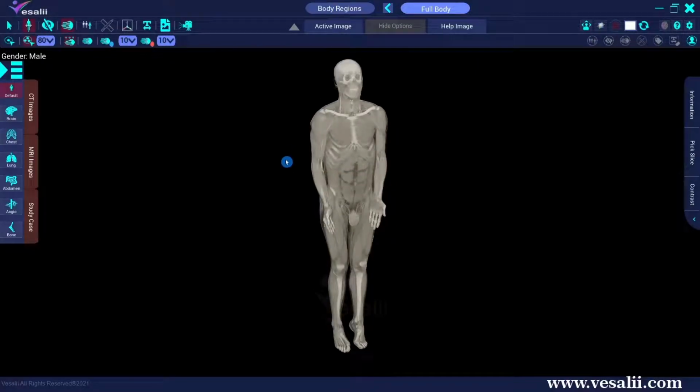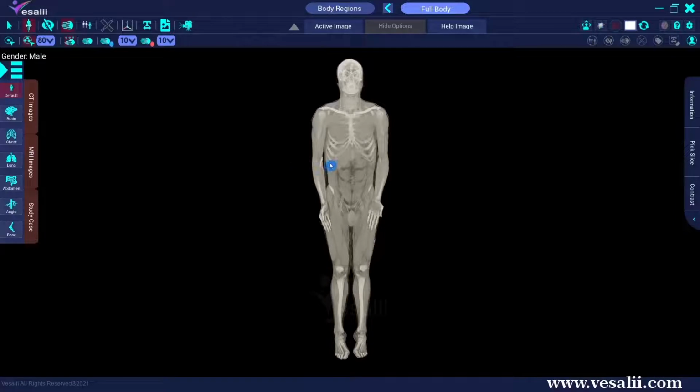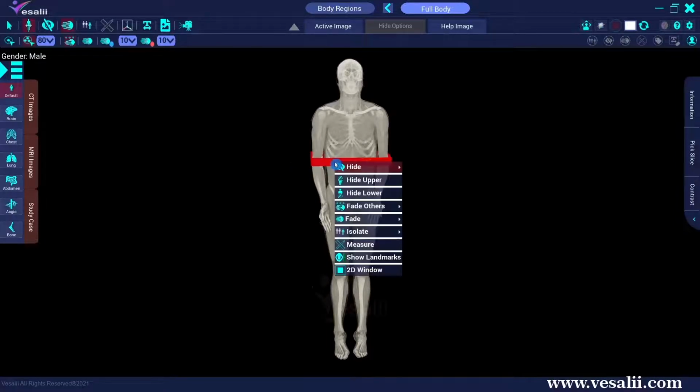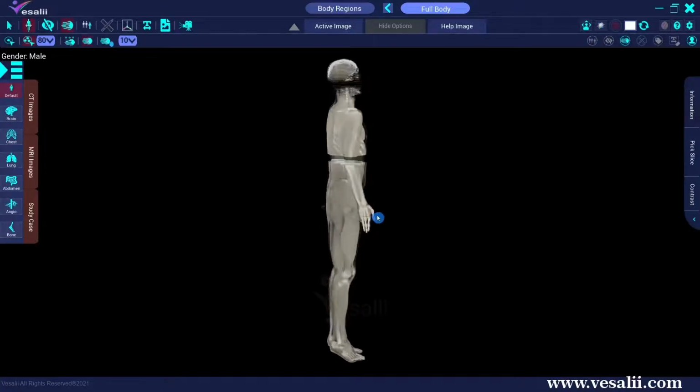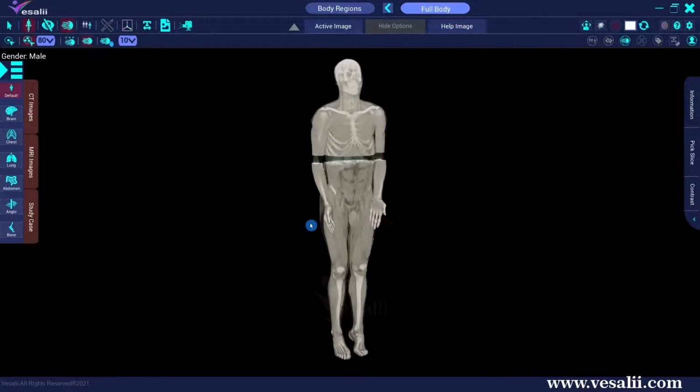The Fade tool can also be accessed using the right-click shortcut. To undo the fade action, click on the Disable Fade icon from the Remove Options toolbar.